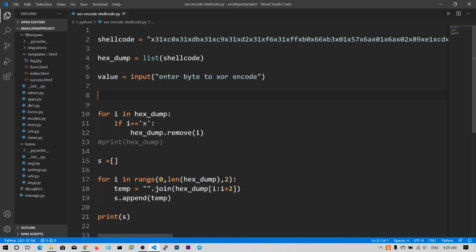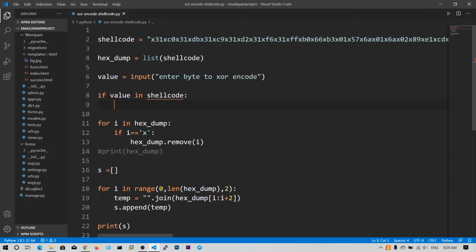To do that, we need to say if value in shellcode. We just print that the byte is already in the shellcode, choose another.